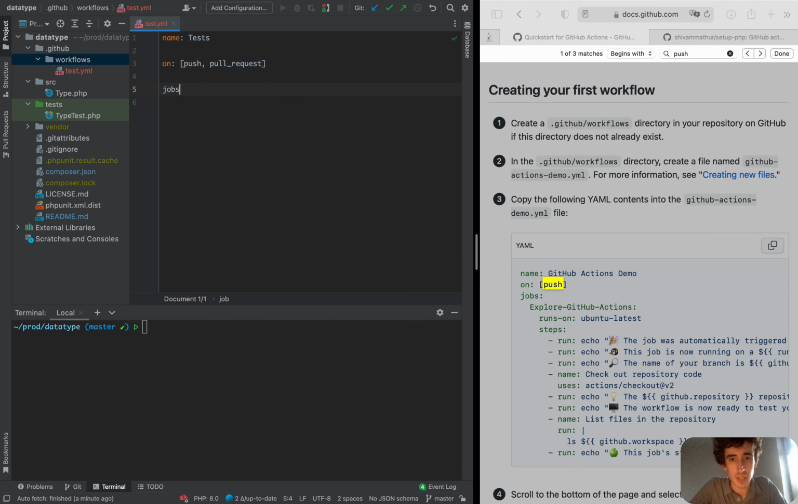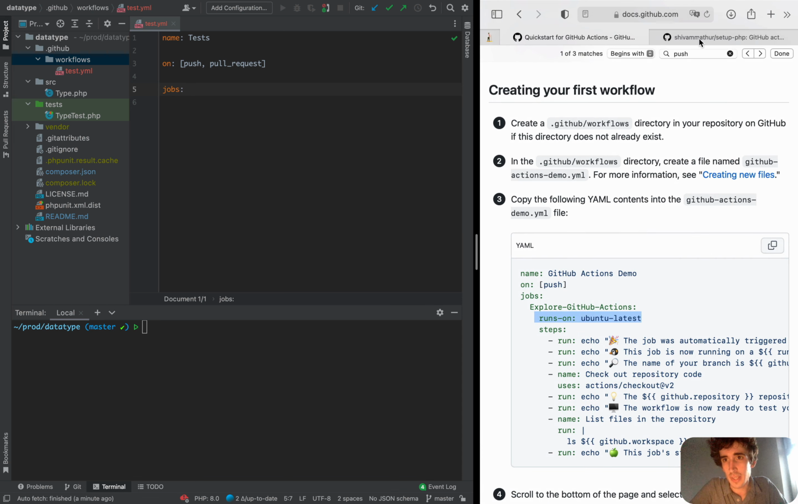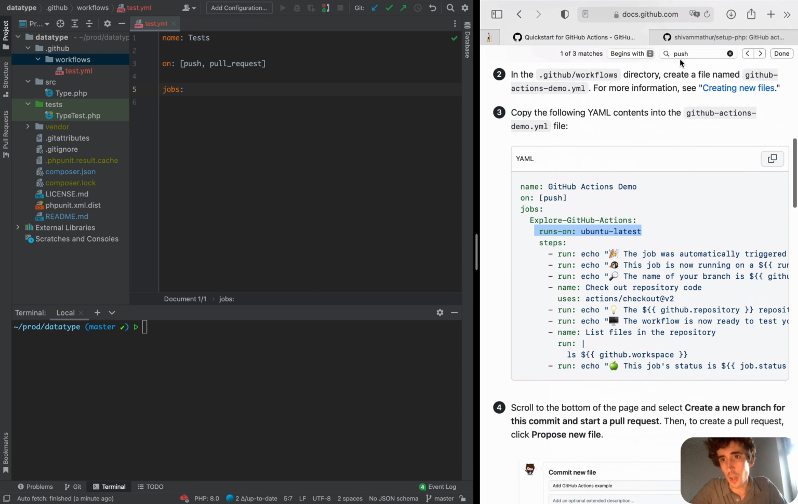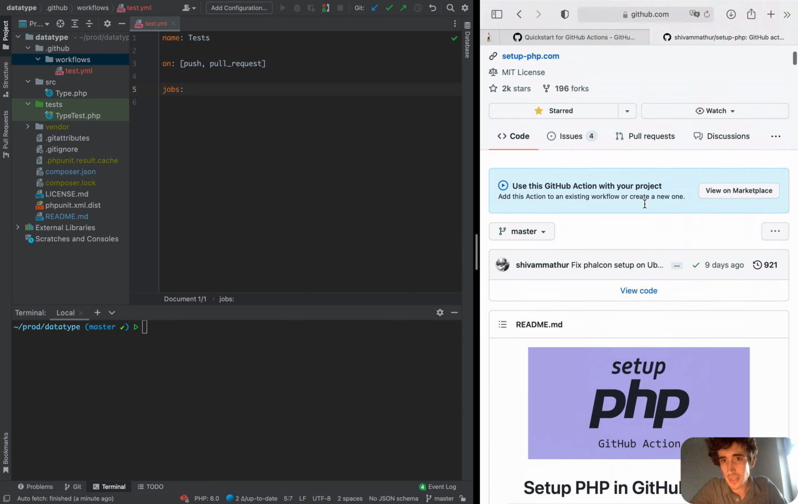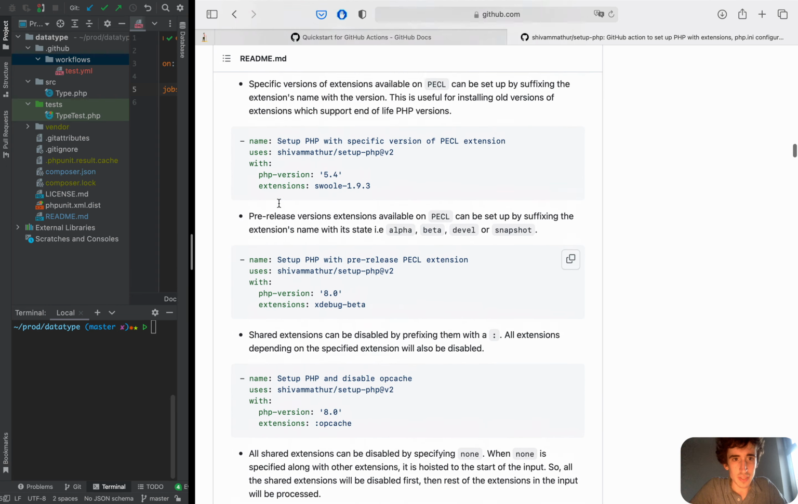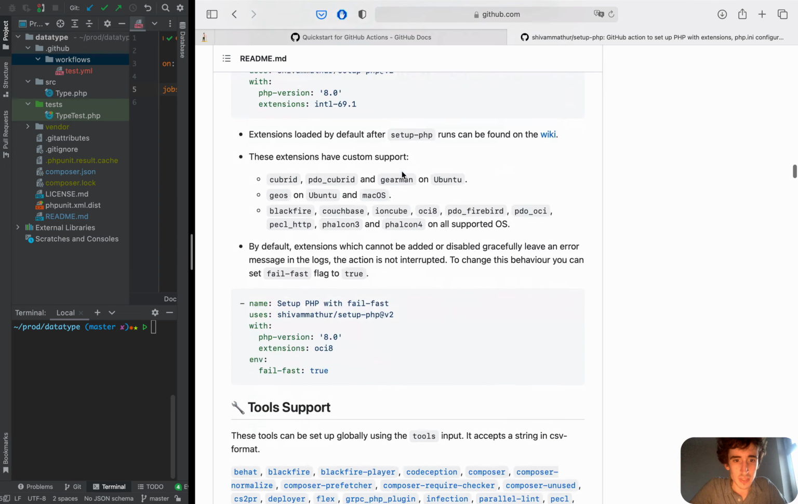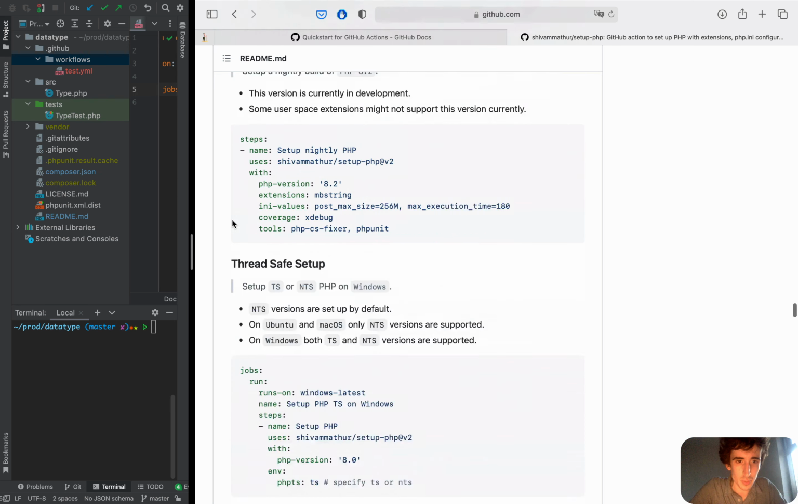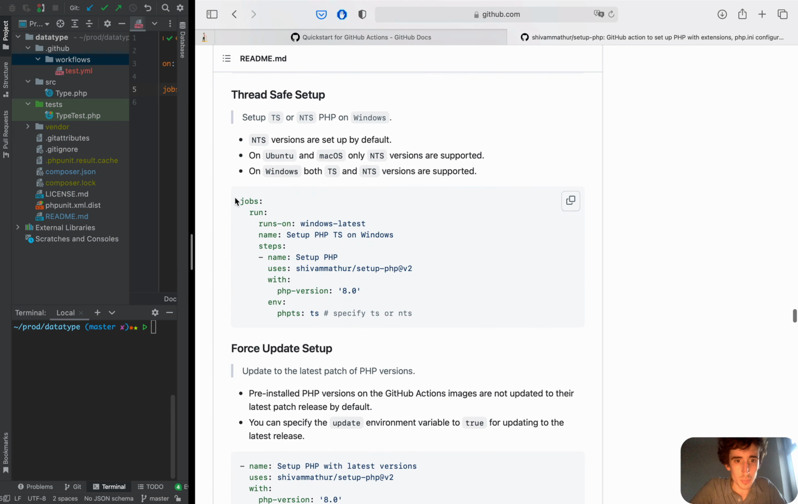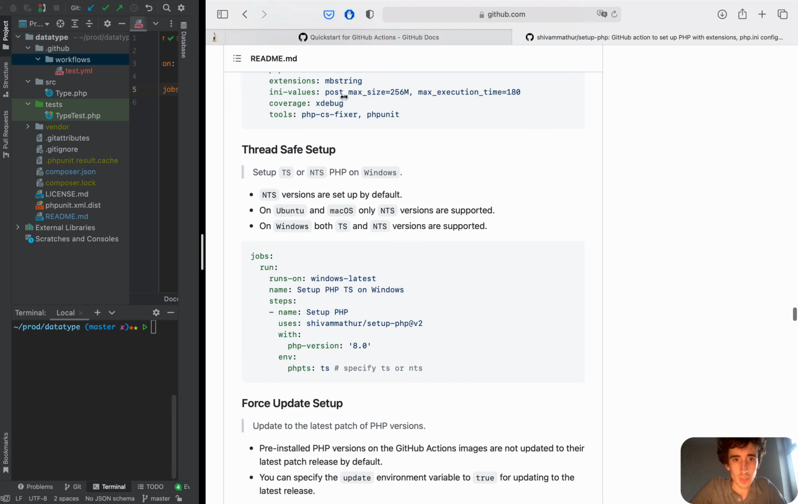And then jobs, and the jobs depend on what OS you're running and so on. We will also have to use PHP. So that's the action I use for PHP. It's the only one I believe, and it's really handy. And there are a lot of different steps. So we'll use exactly the same. So let's see first if we have a nice example. Oh, here, jobs. You see, so what we'll do